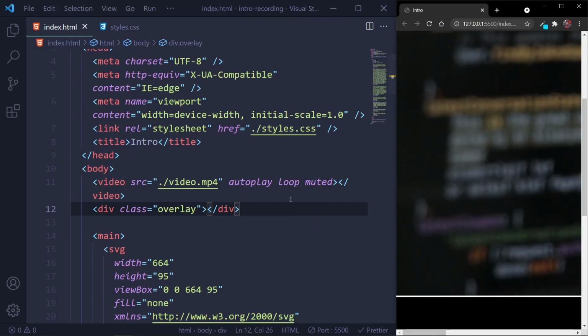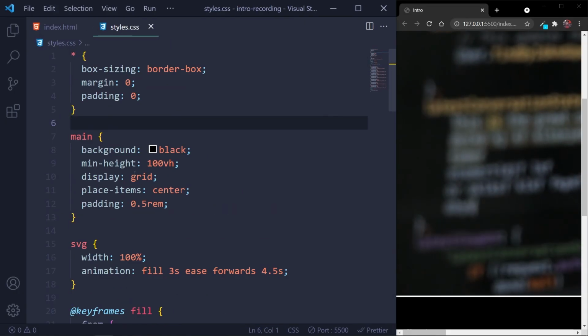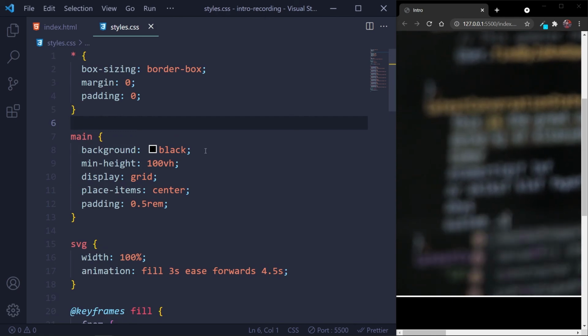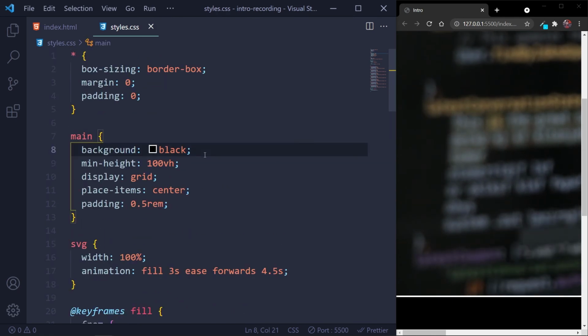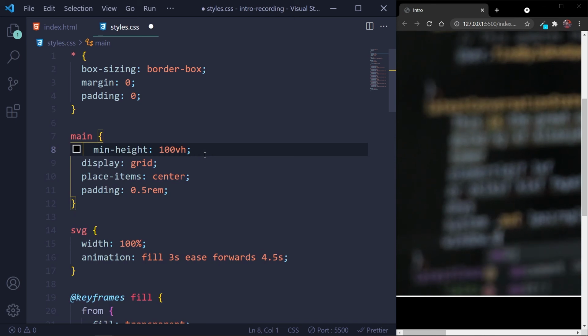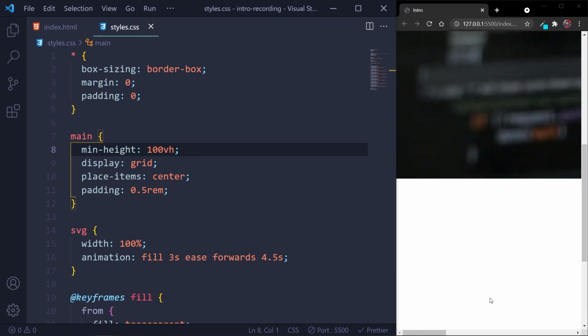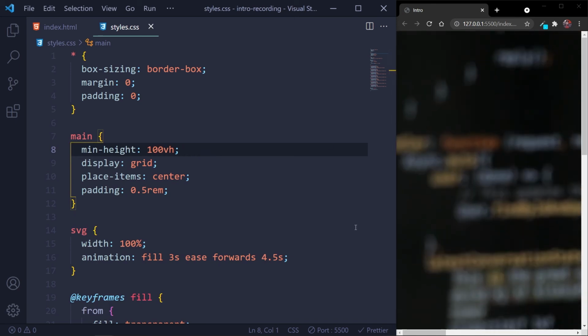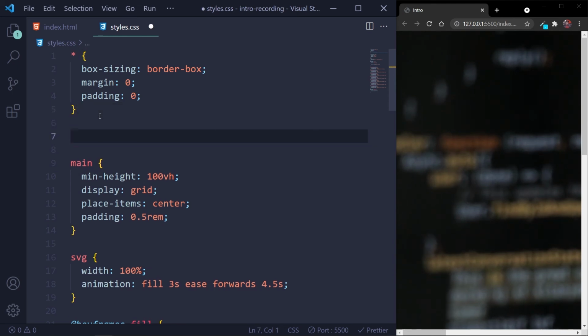You can see the video is playing, but the formatting is still messed up, so we need to go to the styles.css. Here the very first thing I'll do is remove this black background because we don't need it anymore, and our text is not visible, but we'll fix it. So first we'll select the video element and the overlay,